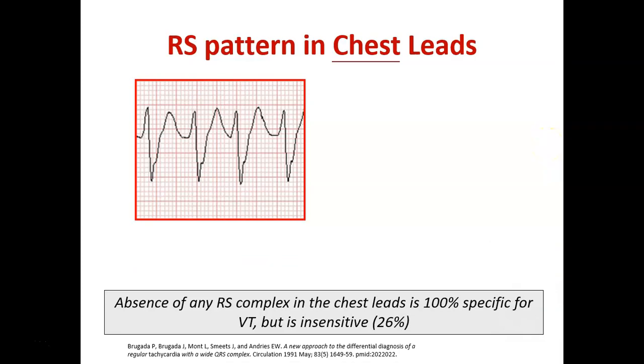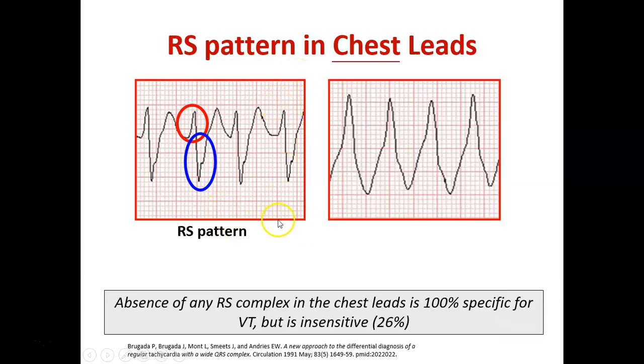So let's talk first about what the RS pattern in ECG is. RS means some of the ECG complexes have a positive portion, which is R, and some of the portion is negative, which is S. If you draw an isoelectric line, the area above the isoelectric line is the R wave, and below the isoelectric line is the S wave. So this is RS. This is present in normal ECGs. Okay, but if this RS is lost,